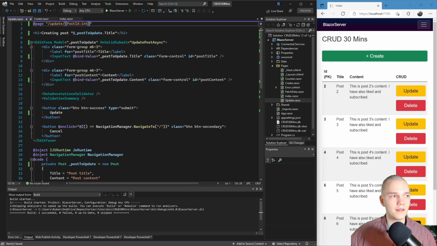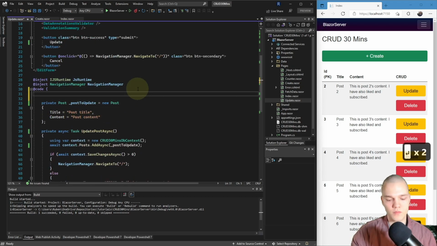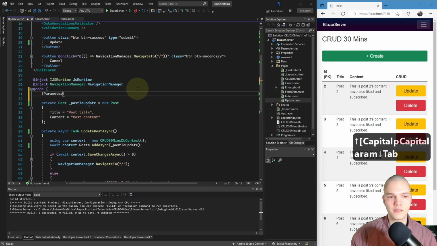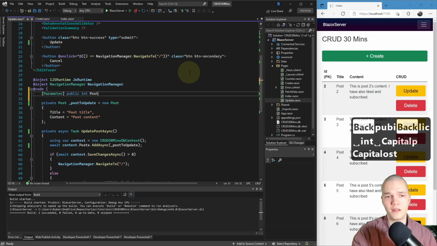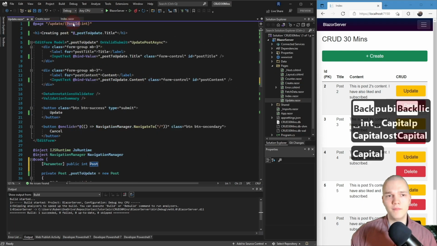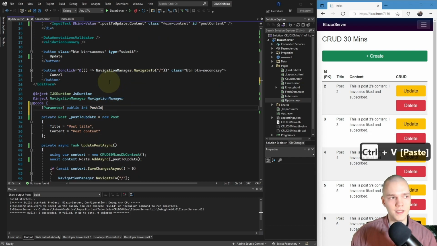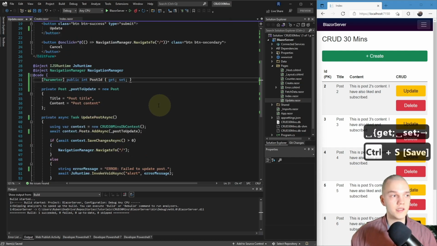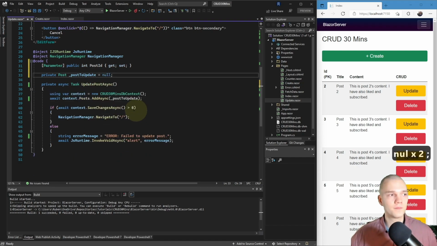Okay, and let's add this parameter to the code. So I'm gonna do brackets parameter, and that's gonna be a public int, and it needs to be the same name as in the route here. So copy and paste that and add a get and a set. So it's a property. And instead of initializing the post to update to a new one, we'll initialize it to null.